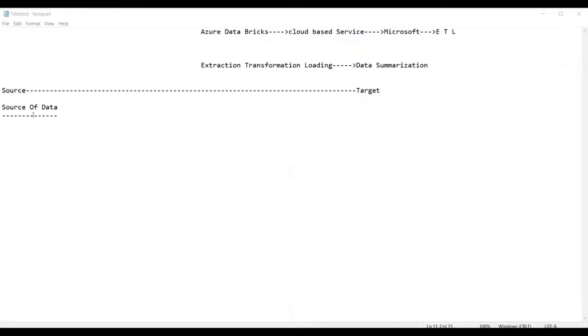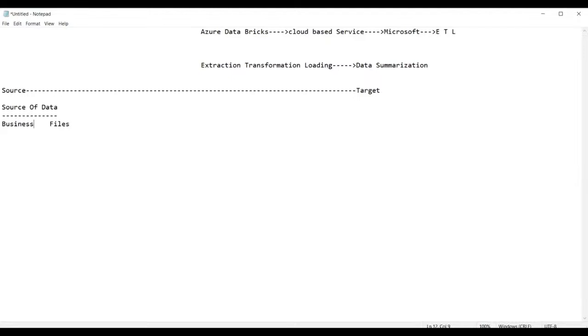That is nothing but the data. So we can say the source of data is the place from where we get the data. We can get the data from files. What type of files, guys? But ultimately the files will also receive the data from what?